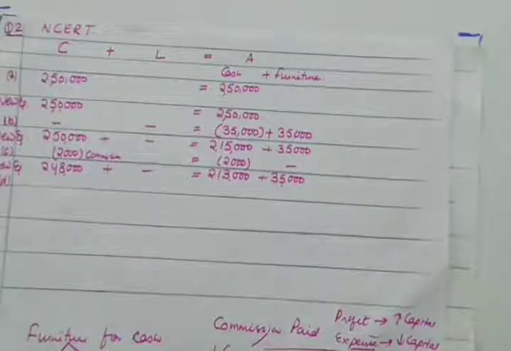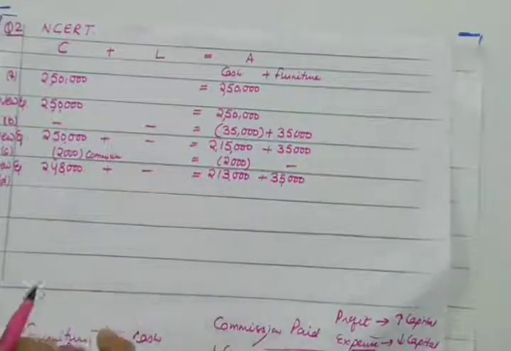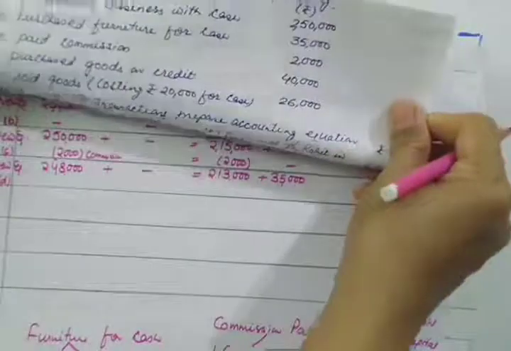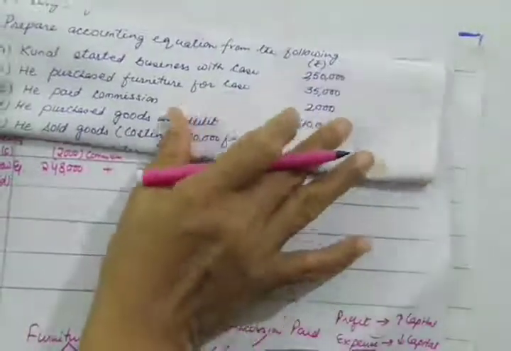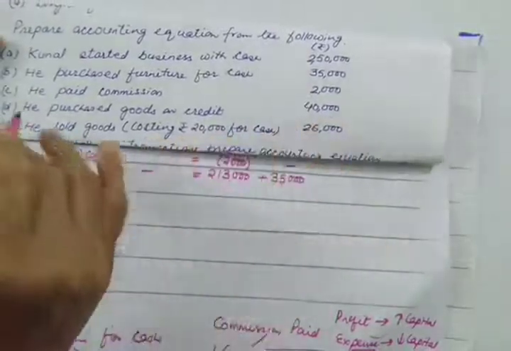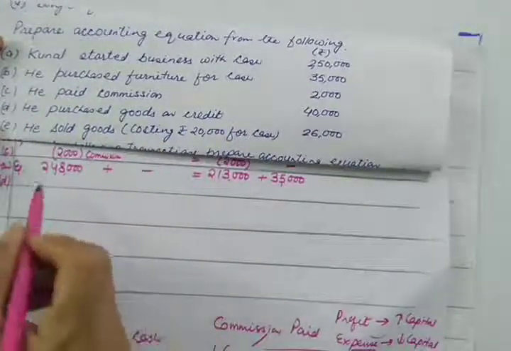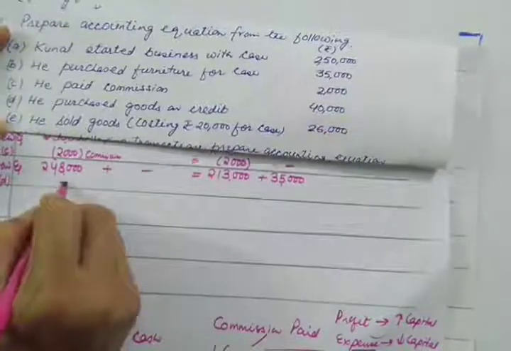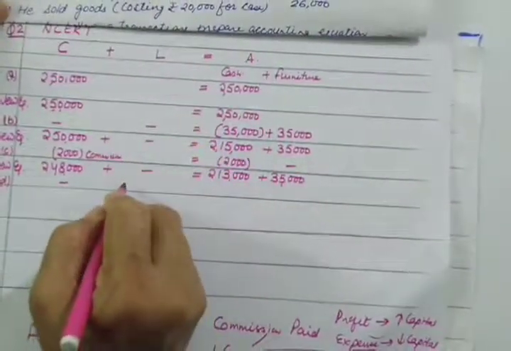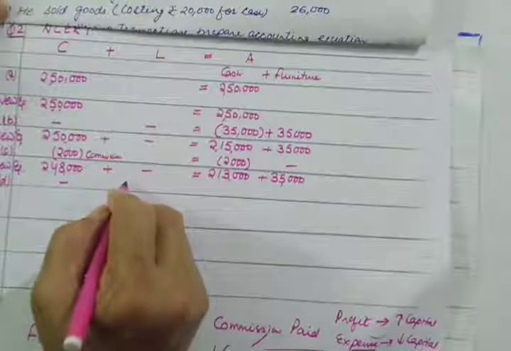Liability will increase, as well as with equal amount your stock will increase. So let us record it. I am recording transaction D. No change here, and 40,000 means your liability will increase by 40,000,